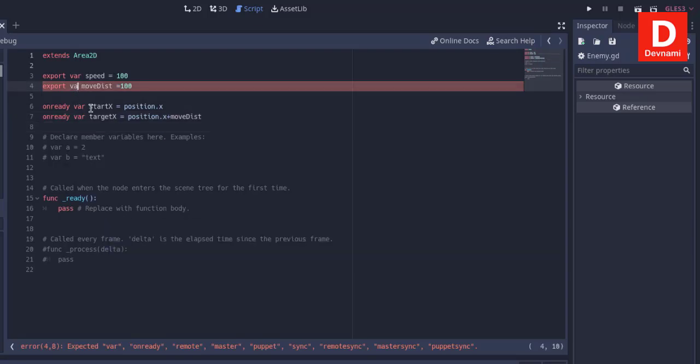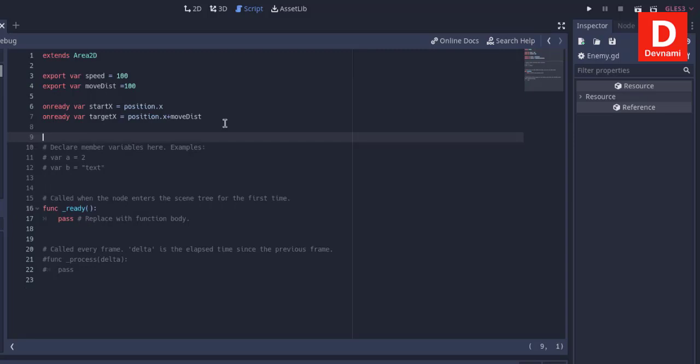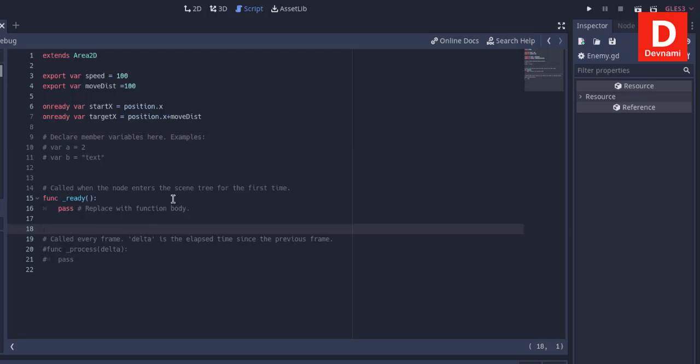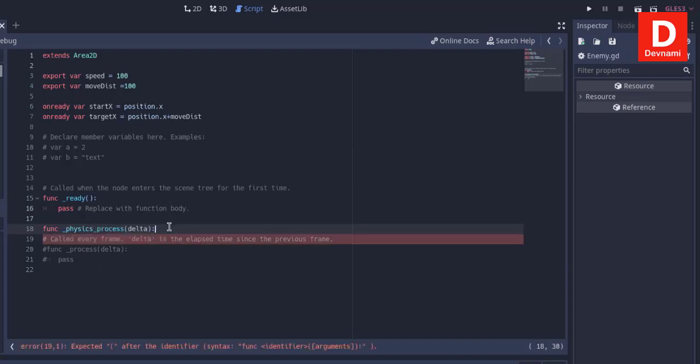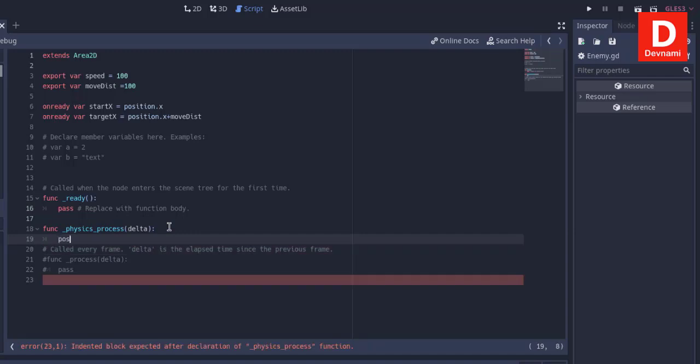We have to check the variable as well. Okay, now next thing is to check for physics process. So we are going to add that: function _physics_process(delta). This is the function that we will use, and here we have to use position.x